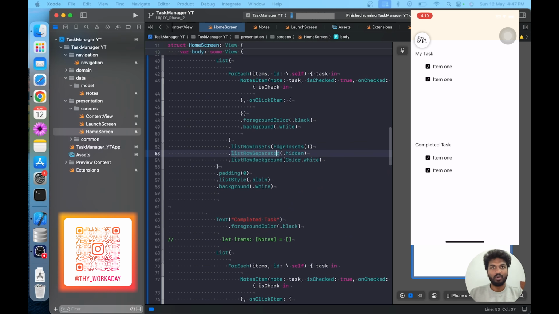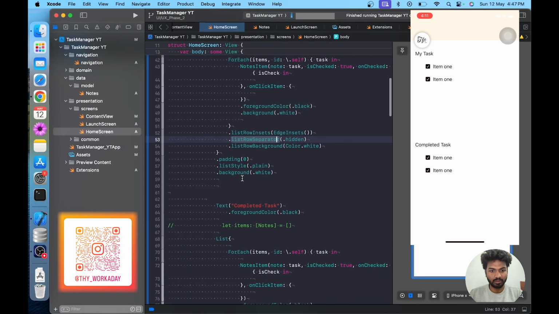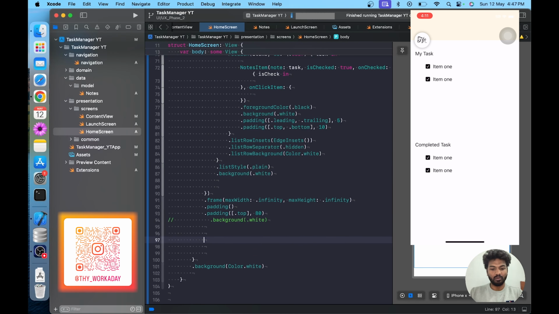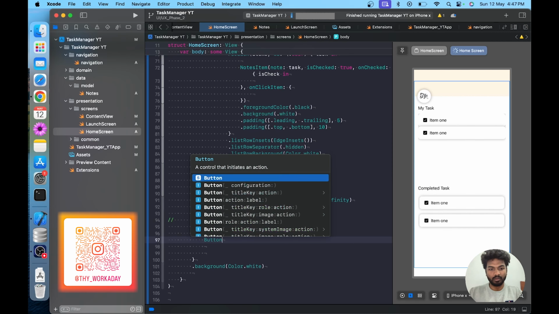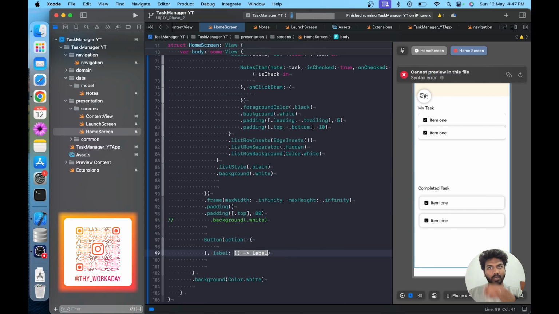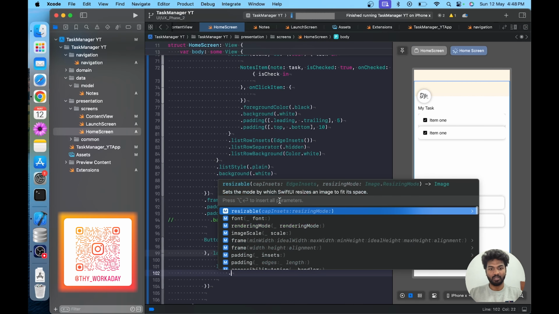So we need to add a FAB icon right now to add an item. Let's add one button outside of this view. Okay, here let's add one button. Okay, button, then the button is there. This is a label, which is content only, so we have to create it over here. Dot add icon is a custom icon I added. Okay,